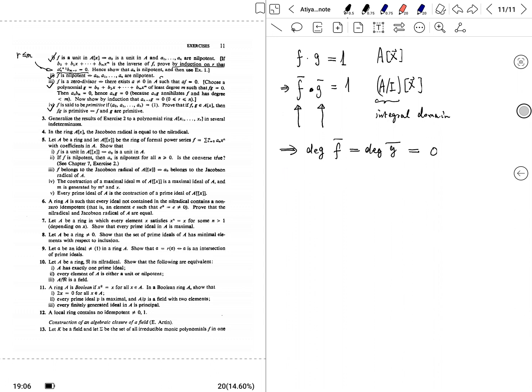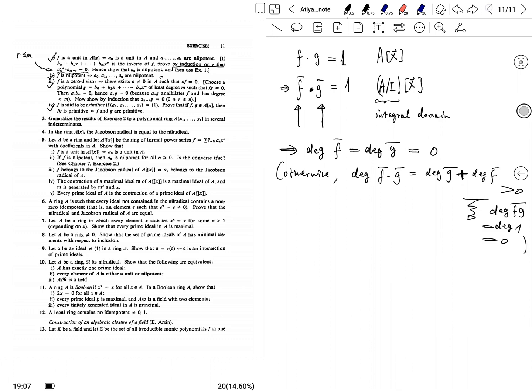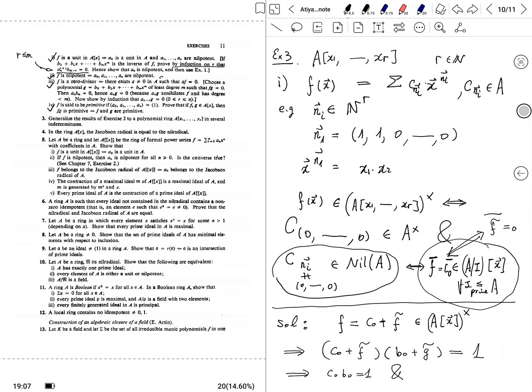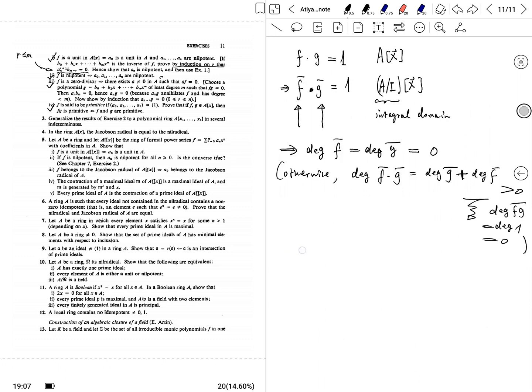Otherwise, because this is an integral domain, the degree of f bar g bar would be the degree of g bar plus degree of f bar, and would be bigger than 0. This would be a contradiction to the degree of f bar g bar equals degree of 1, which is 0. Okay, and so this is exactly what we described here. That all the coefficients except the 0 term have 0 image